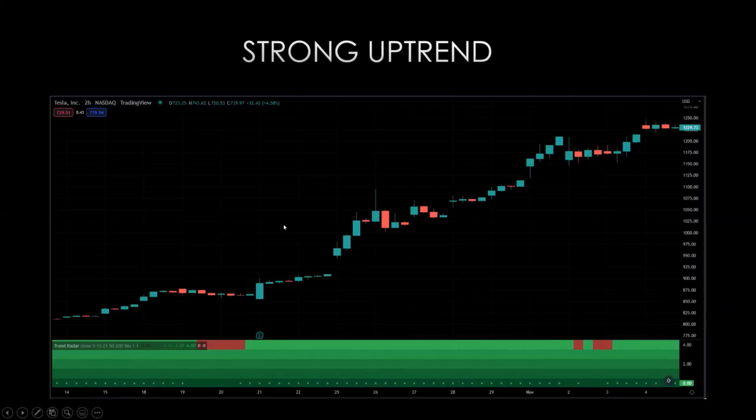So here are some example charts just depicting the kind of scenarios or patterns that you can often see with Trend Radar. So in this case, we had a very strong uptrend on the Tesla 2-hour, where we had total alignment across all periods represented by these dots. We were well above the 5 EMAs on all periods, except for these short little points right here. So here we had a pullback within our uptrend, where in the very short term, we kind of had some consolidation before the uptrend continued.